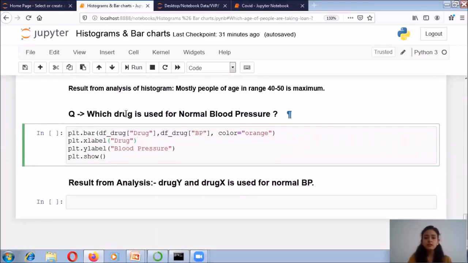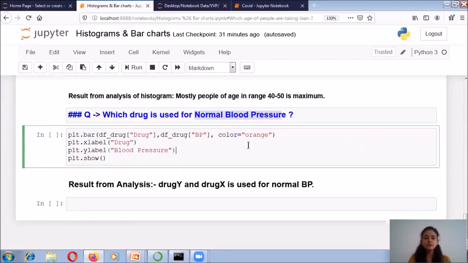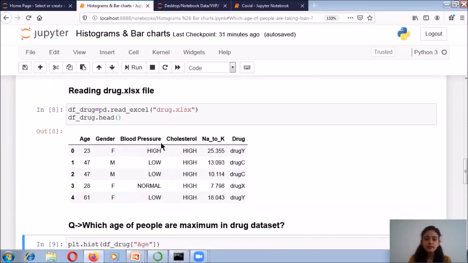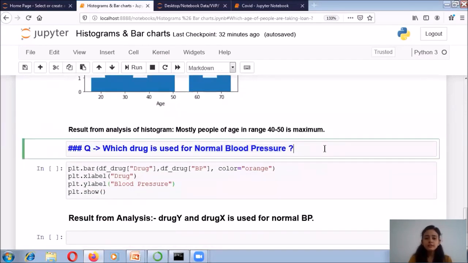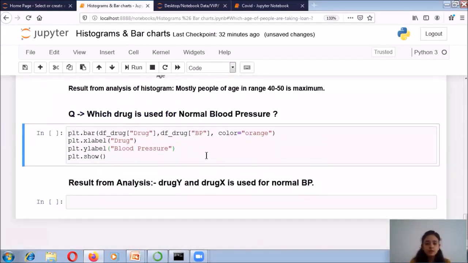That is the drug, and you want the normal blood pressure. So you can see over here the blood pressure has three different categories: high, low, and normal, and drug has various categories like drug X, drug C, drug Y and so on. So let's see which drug is used for the normal blood pressure.